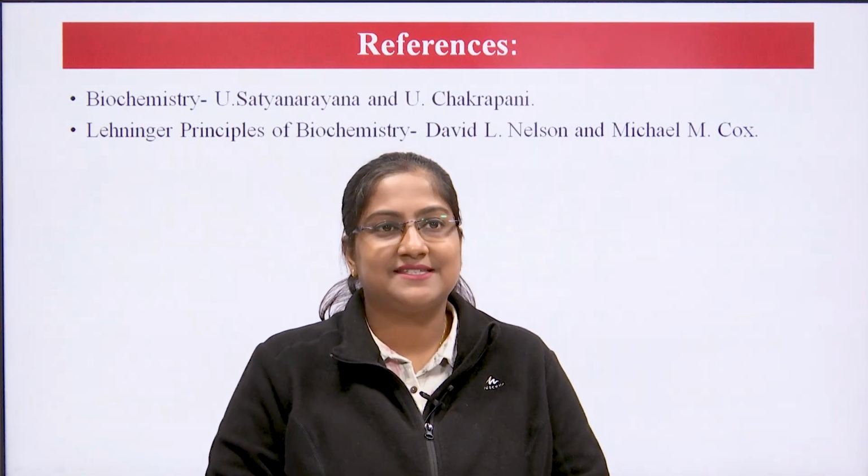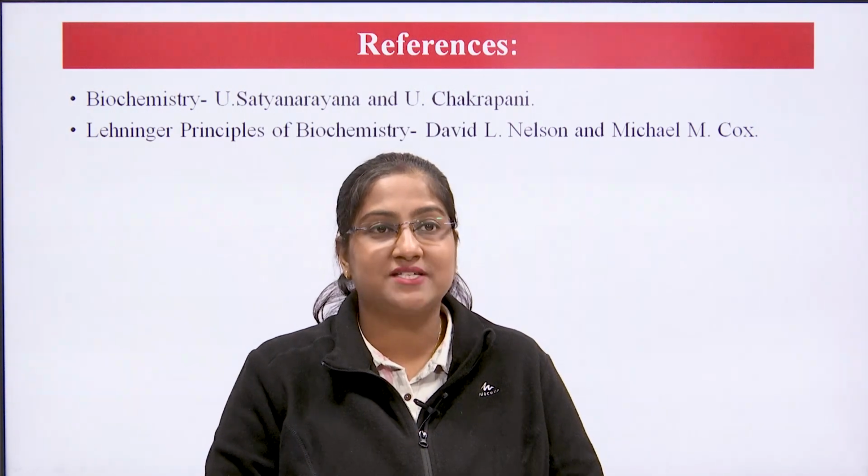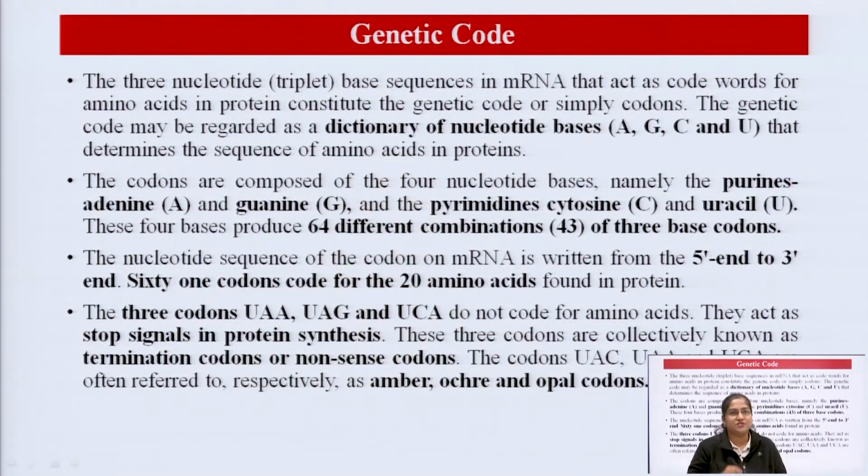Now, let us revise once again about this topic, what are genetic materials, genetic codes, and finally the organization. So, a quick revision about genetic codes: there are 4 bases we all know when we make RNA to protein, and then after that we use those codes in the form of amino acids. So, there are 4 bases A, G, C and U, adenine, guanine, cytosine and uracil, which give 64 different combinations of codons. Out of these 64, 61 codons code for 20 amino acids,